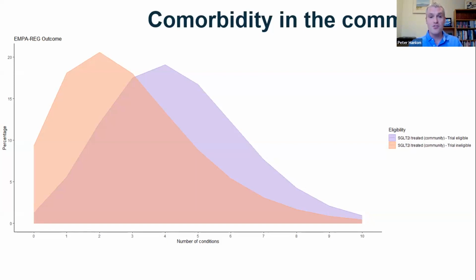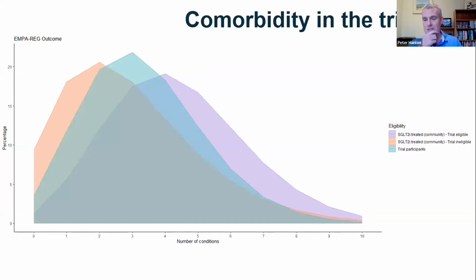We then looked at people in the trial, and they sat somewhere in the middle. So there was less MLTC in the trial than people in routine care who would have been eligible. Some of this might reflect underreporting. So we're looking at primary care diagnostic codes and we're looking at trial baseline stuff, and that's not an equivalent way of measuring lots of these conditions. So take this with a pinch of salt. But what it does show, though, is that there was a greater degree of comorbidity than in those who were excluded from the trial because they didn't meet those criteria.